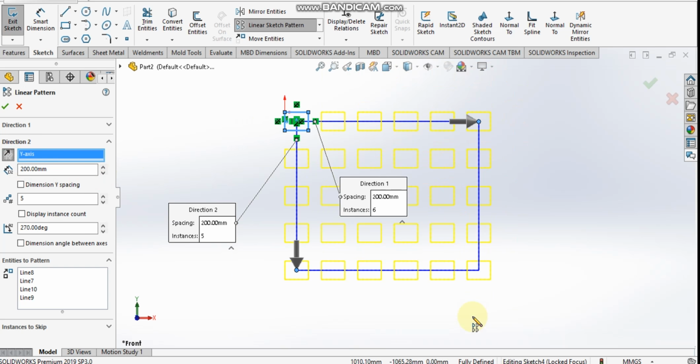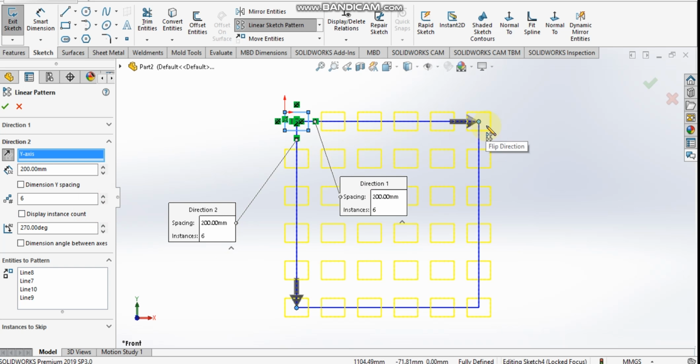As inside the preview you can see direction 1 with spacing 200 mm and direction 2 with spacing 200 mm and instances 5 and 6. Suppose again this is also equal to 6, in this direction positive x, 6 in positive y. Okay, negative y, because we have reversed it for direction 2.